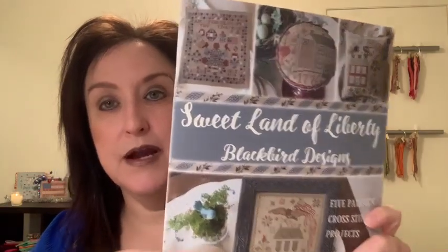That was a market release. And last but not least is another new start. This is in the Blackbird Design Sweet Land of Liberty book. I am stitching this gorgeous patriotic chart. I never thought that I was really into patriotic stitching. I mean, it's not that I don't like my country, because I do, but